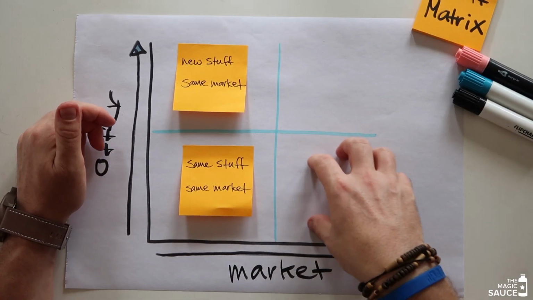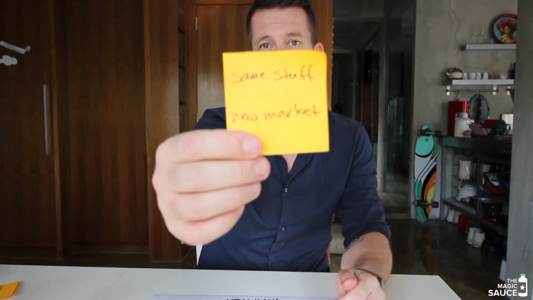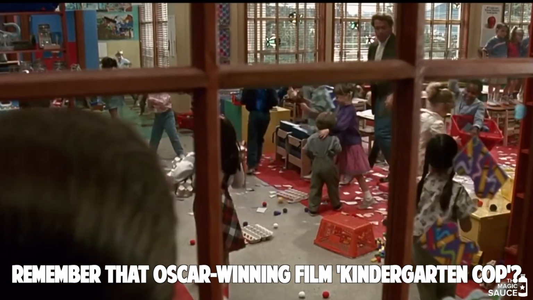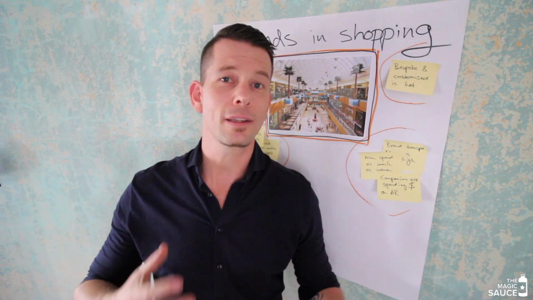And over here is the same offering to new markets, or the same stuff to new people. So imagine that we took these videos on creativity and innovation and we did them for kids. That would be same things, but for a new market. And over here we have new offer to new market, or new stuff to new people. Imagine that we developed an algorithm that could spit out any possible solution to a challenge you may have. Never need to brainstorm again.